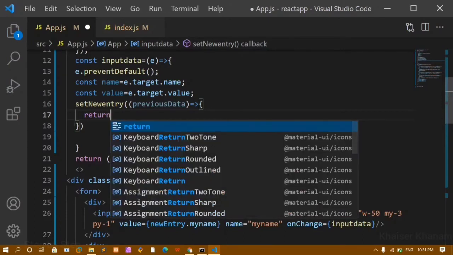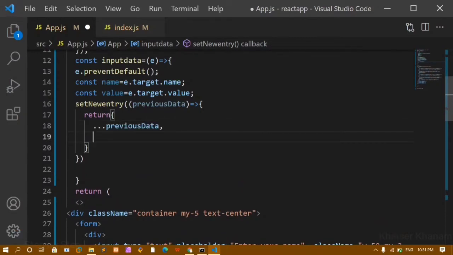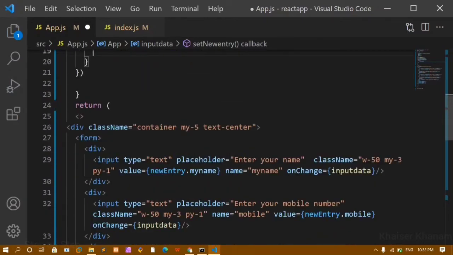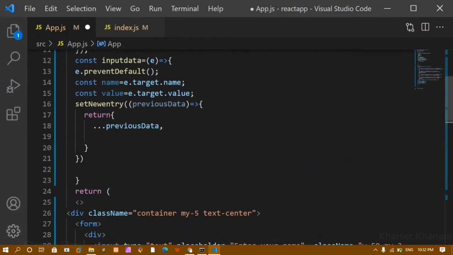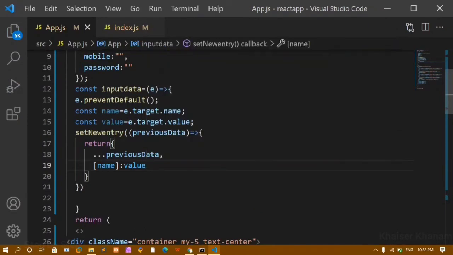Here, using this spread operator, I'll paste this variable, and below this we want name. Whatever name we are having here, we are just accessing that one, and whatever value we are getting, we are just storing that one. So inside these square brackets, I'm going to give name, and here I'll give value. Whatever value I want, I'm giving that one, and I'm storing it inside these input fields. I'll save this. This is how we are going to write it.